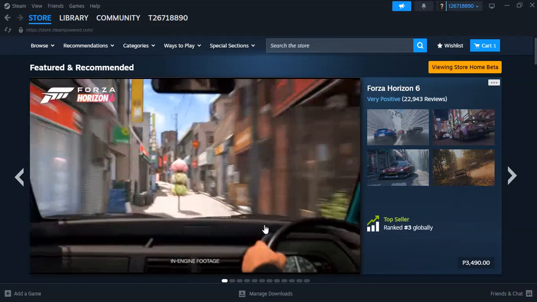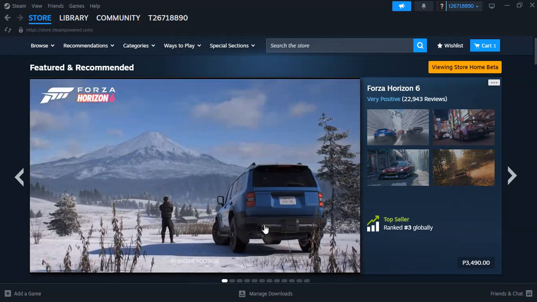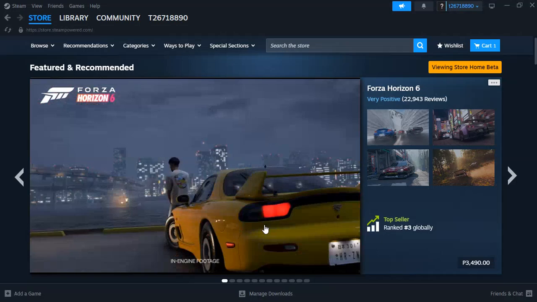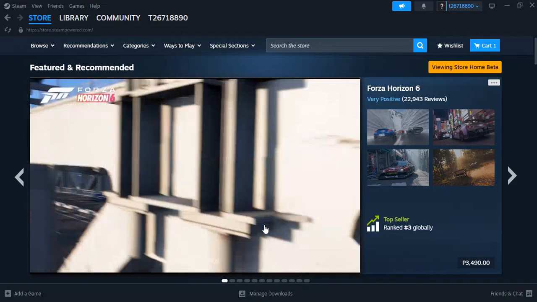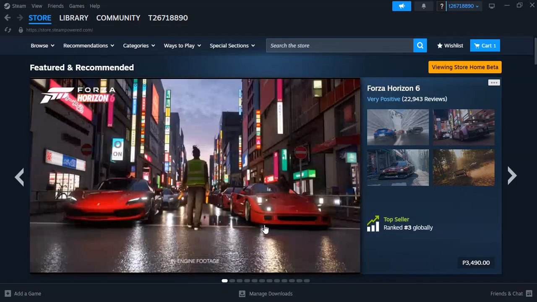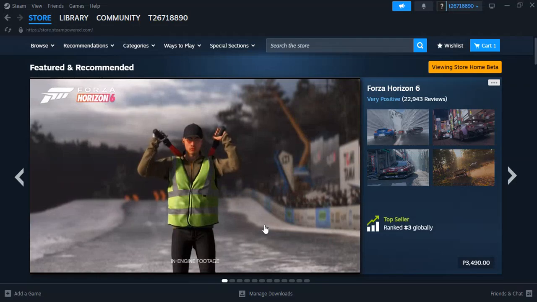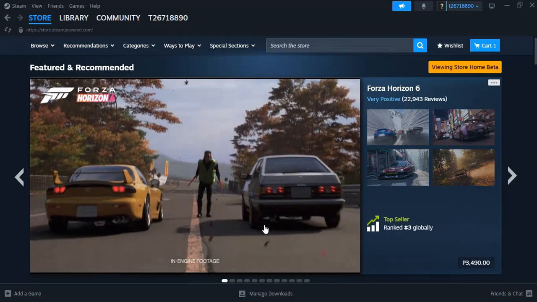First things first, make sure you've opened the Steam application on your computer. This is the desktop app, not the web version of Steam. If you don't have it open, just head to your desktop or start menu, find the Steam icon, and double-click to launch it. Once you've got the Steam app open, you'll want to direct your attention to the top left